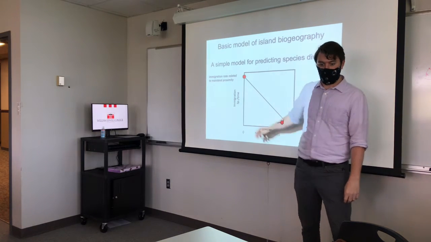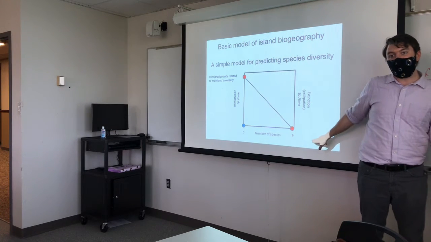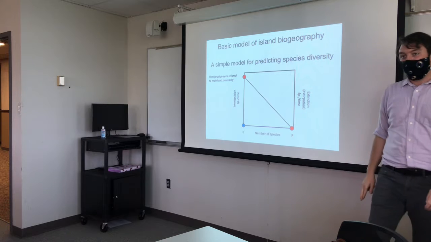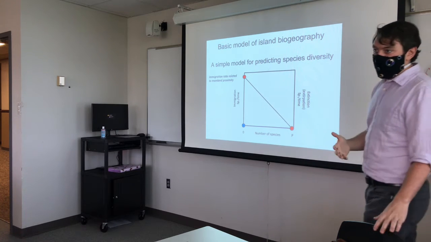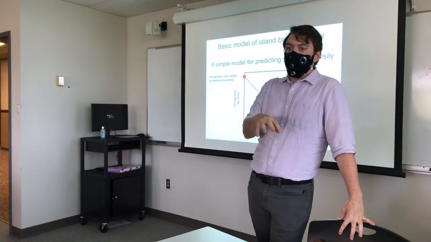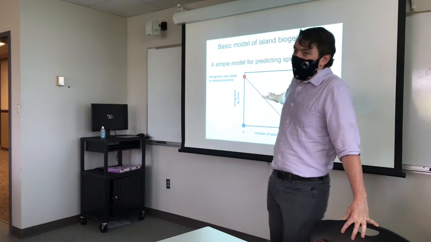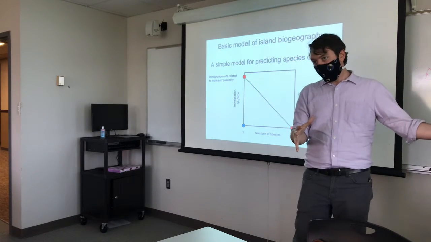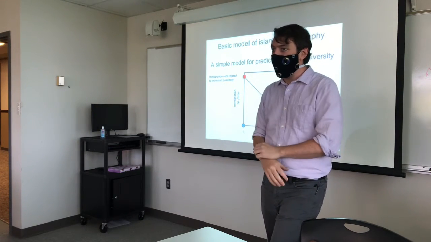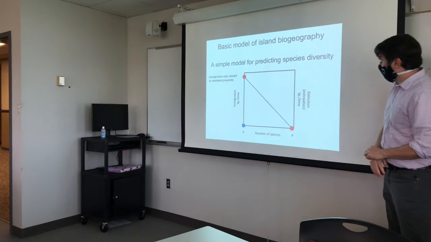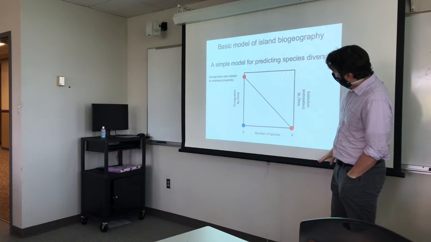Now I'm going to label this axis slightly differently. It's still a rate, still species per unit time, but now individuals that are on the island are going to die, and occasionally the last individual in a given species dies, and we call that extinction. In this case, it's local extinction. It's extinction on the island. Another word for that is extirpation. To totally extirpate something from an area is local extinction, but we use the term extinction nonetheless. And when there are no species on the island, there's no extinction.